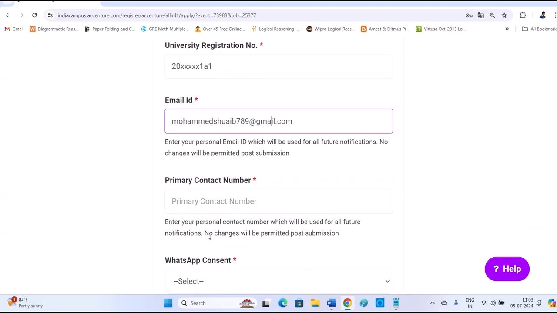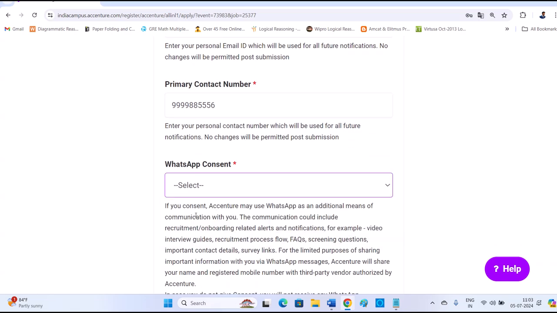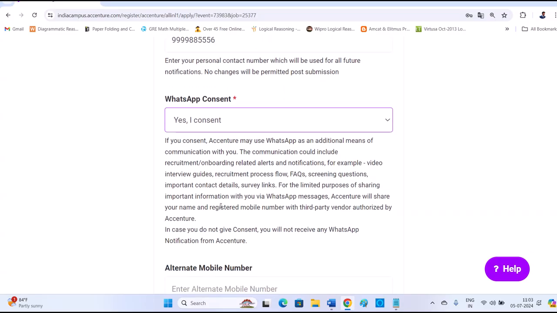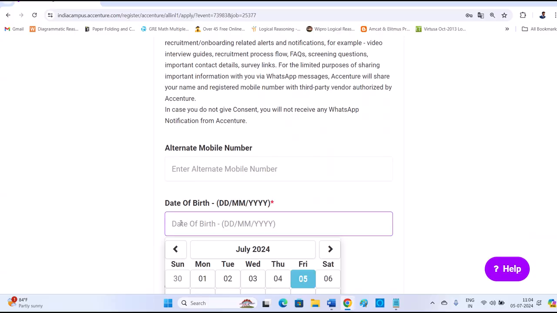And for the contact number, make sure it has WhatsApp as well. The contact number you are giving should have a WhatsApp number. They'll give updates on WhatsApp, because once you have applied, you'll also get an alert message on WhatsApp and so on. You have to give the consent for that. You click on yes, I consent, like that. And you give the alternate mobile number and date of birth